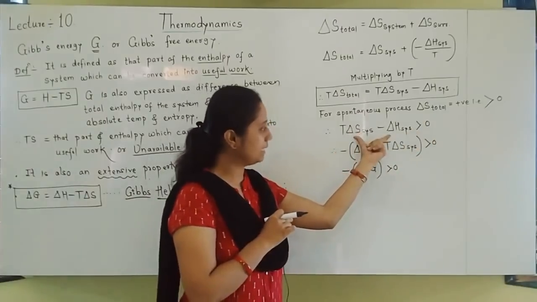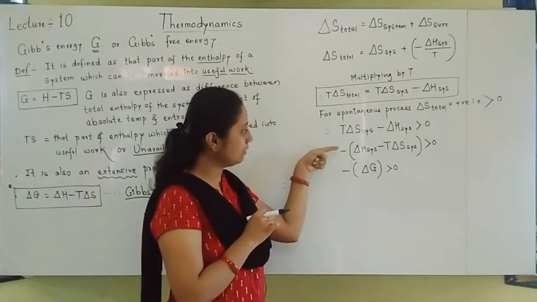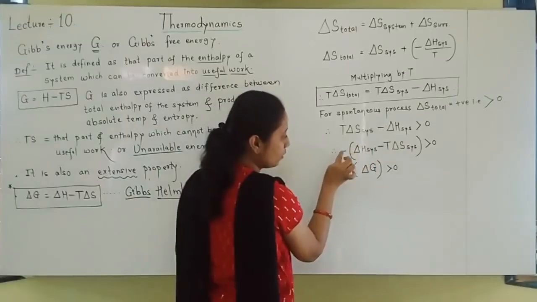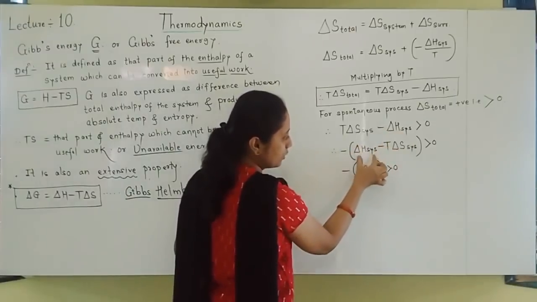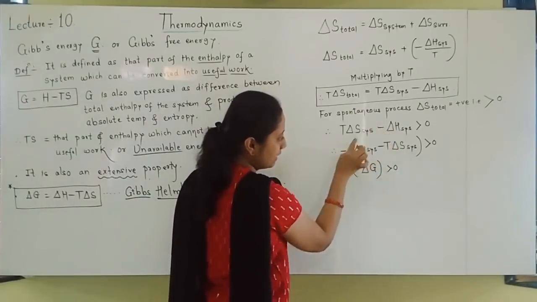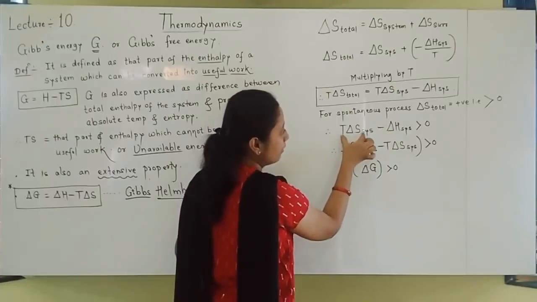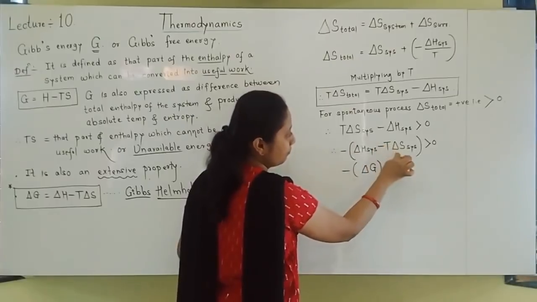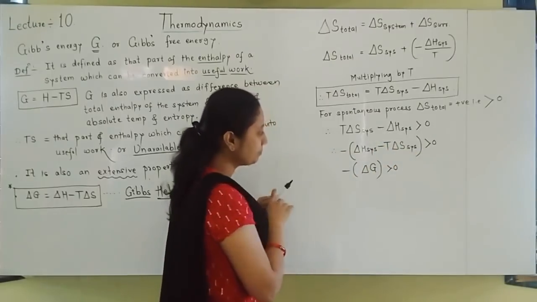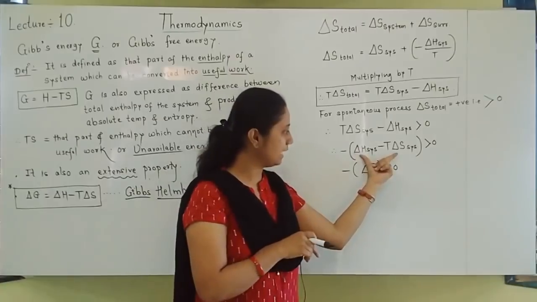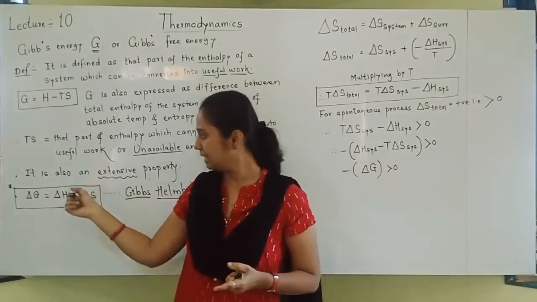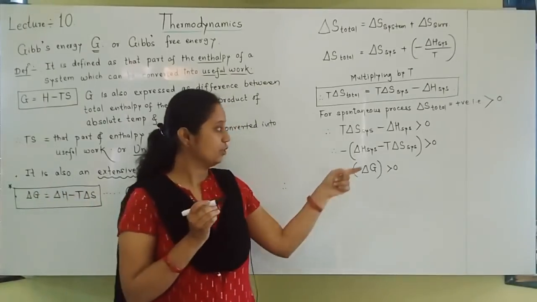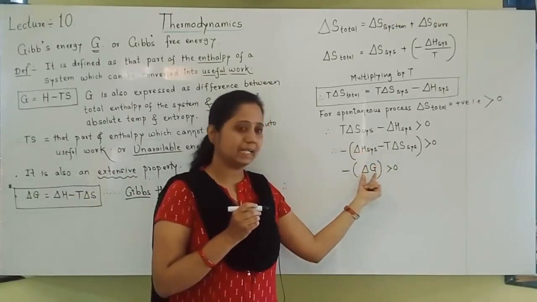Okay, from this I will remove the negative sign. So how can I write this equation? By taking the negative sign outside: delta H of system, it is minus, the minus sign is opposite, and for this I should give a negative sign because minus, then it becomes plus. That should be positive. And what is this, students? Delta H minus T delta S here. Delta H minus T delta S is nothing but delta G. So instead of this I am writing delta G.